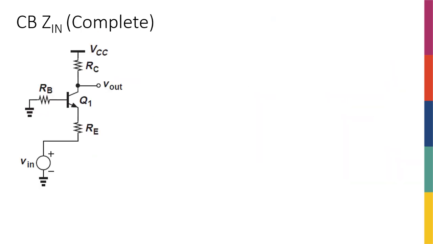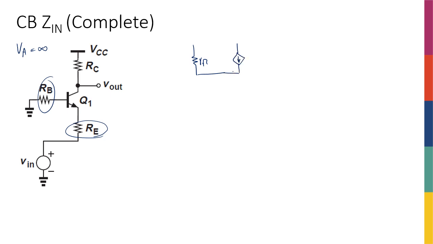Now let's take a look at a more complicated example. Here I've added a resistor in the emitter and a resistor in the base. So things are a little bit more complicated, and we want to calculate the input impedance again, right? Still, I'm assuming that there's no early effect, so early voltage is infinity. Again, my approach is going to be very much the same. So R pi,